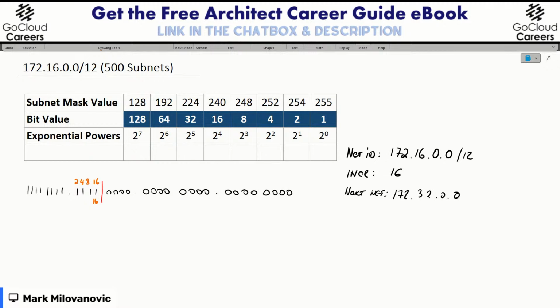And if you were to write it out, you would notice you would go 16, 32, 48, and you would get all the way up to what you see to be your dotted decimal subnet mask, which in this case would be written as 255.240.0.0. You would get all the way up to this number. And if I do 240 plus 16, I get 256, which means I can't do that. It means it's full. So that would be my last network, but that would give me 16.